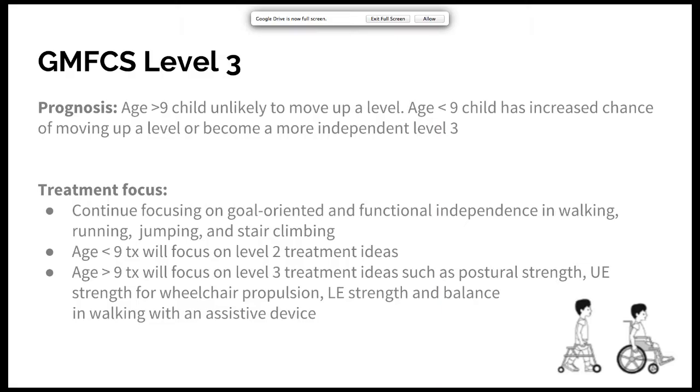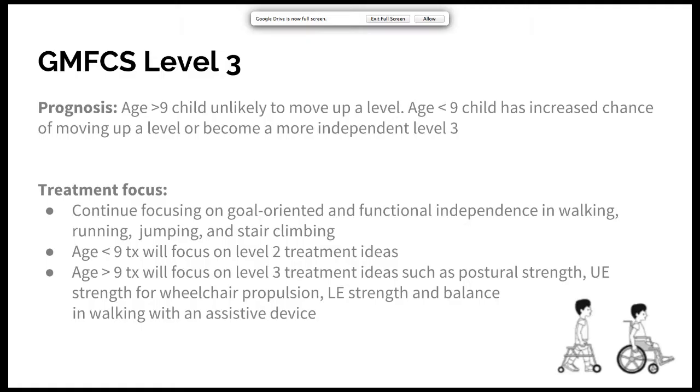So again, with prognosis for a GMFCS level 3, any child greater than the age of 9 is often set at a GMFCS level 3. But a child younger than 9 has an increased chance of becoming a GMFCS level 2 or a more independent GMFCS level 3. So again, with our treatment focus for the GMFCS level 3, we will want to be working on